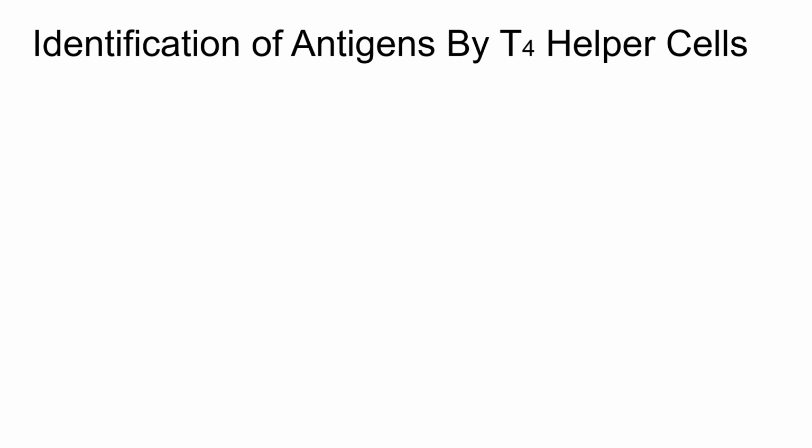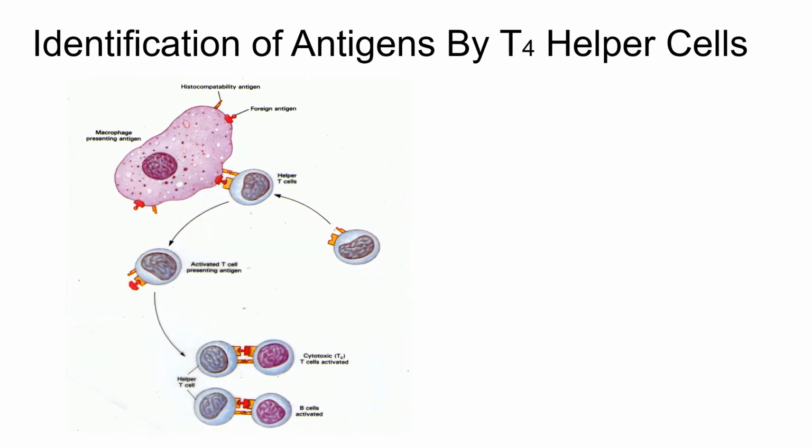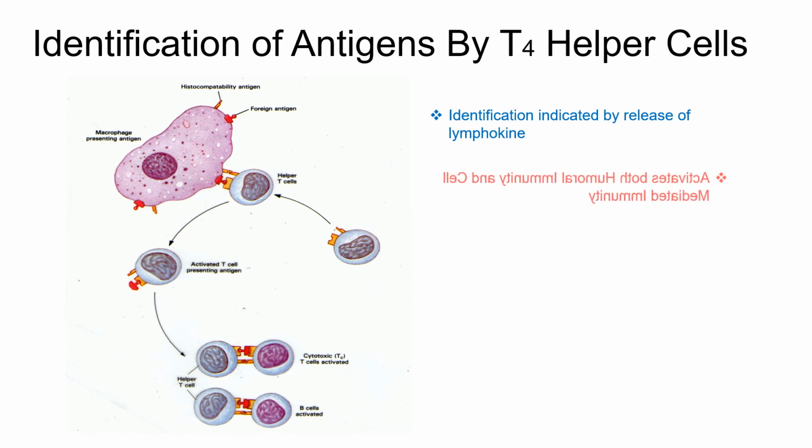do. And it's a necessity that they do so because it's needed for both the functioning of the humoral and the cell-mediated system. Now, the one thing we do see is that when they identify them, we know because they will now, once identified, release lymphokine. And that lymphokine, that hormone, will affect both the humoral system by speeding up B cell division and cell-mediated immunity by activating the killing T cells to function. But again, we don't really know how they're able to identify these things.